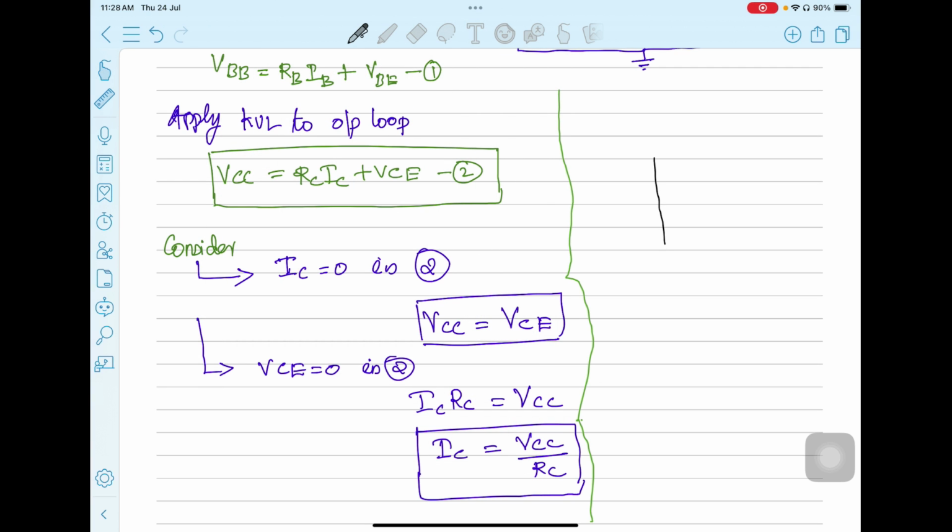We will take the output voltage, that is VCE, on the x-axis, and draw the y-axis as IC, that is your output current, and your output graph will look like this. This is IB is equal to 0, and when the IB value is increasing, you will get something like this. Each IB value